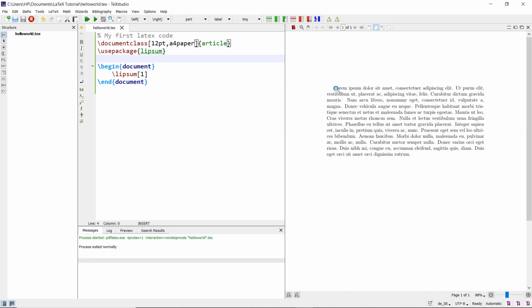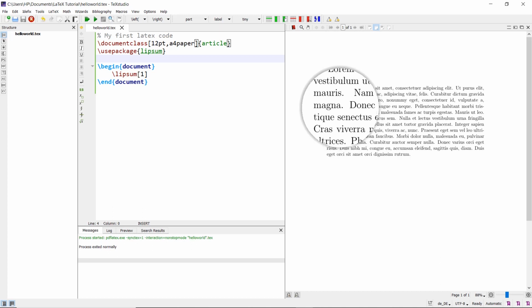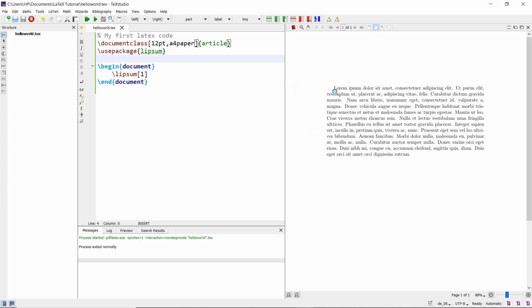Also notice how the text has been arranged. The first word in the paragraph has been left with some space, and also see the alignment of this paragraph. It is justified both ways. So by default LaTeX produces typesetting wherein the text is stretched to both the left-hand side and right-hand side. Now you are able to get the feel of the left as well as right margins of this article class.